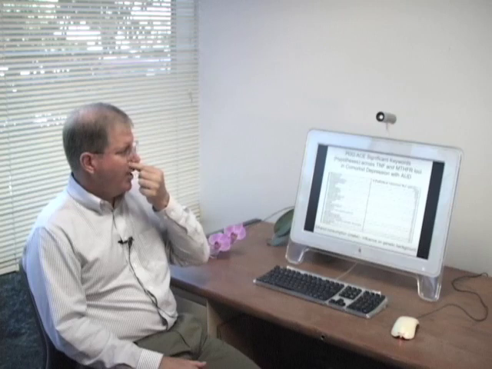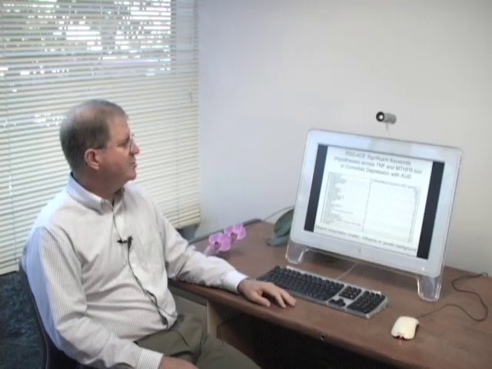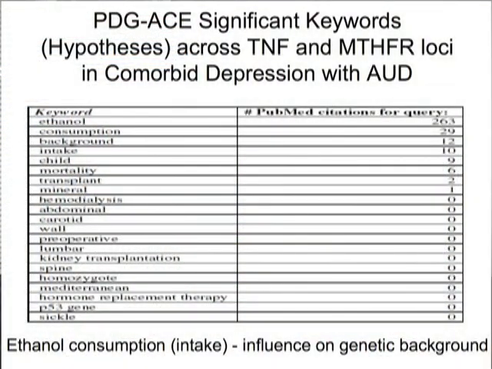The keywords that were significant in this analysis of the 2,531 that I mentioned are here. There are 21 of them, and I'll mention a couple of them. In particular, ethanol. In this case, ethanol is one of the keywords in the vocabulary, so it serves as a positive control. We went looking for ethanol in this analysis, and in fact, we found it. That's the 263 citations